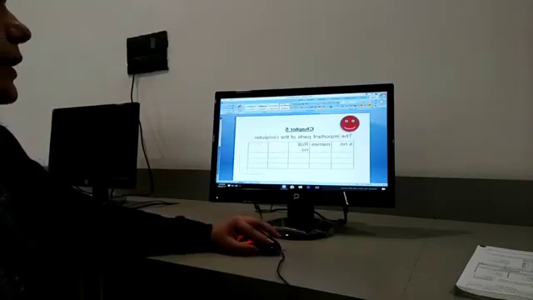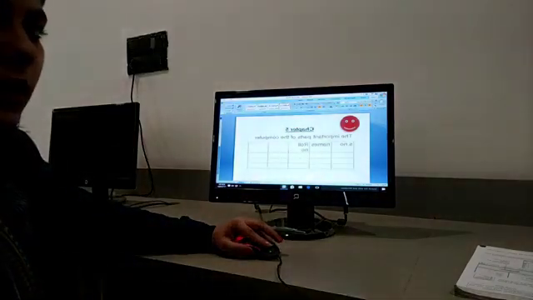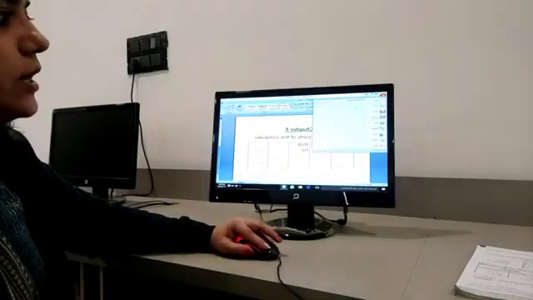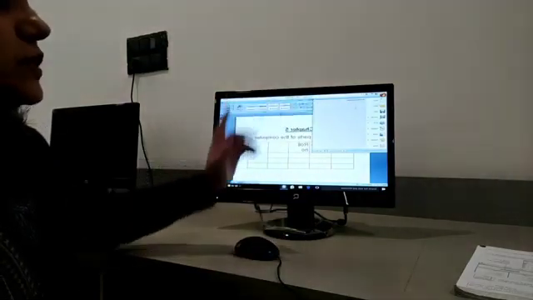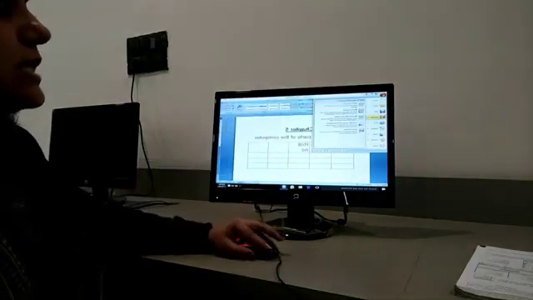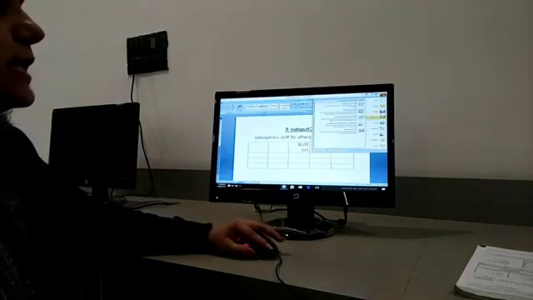So completed here. Now if we want to save our document, then how will we save our document? We can save our document by going to the office button. First we will go to the office button. After that you can see the save as option is given here. So we will choose the save as option.